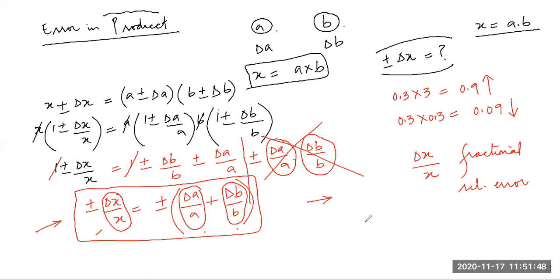Very right, students. So we have done this also. Students, I will not do the quotient. I will leave it to you, because you don't know binomial expansion till now. So I just leave it for you to do. But I want to tell you the result is the same. Suppose I have X equal to, now I want to do the fourth one, quotient form. Errors in quotient means when I divide.